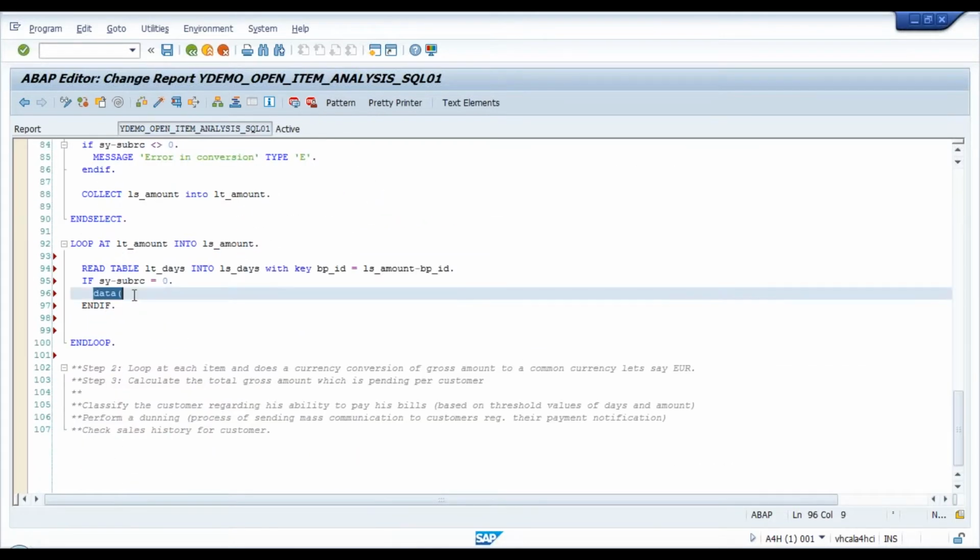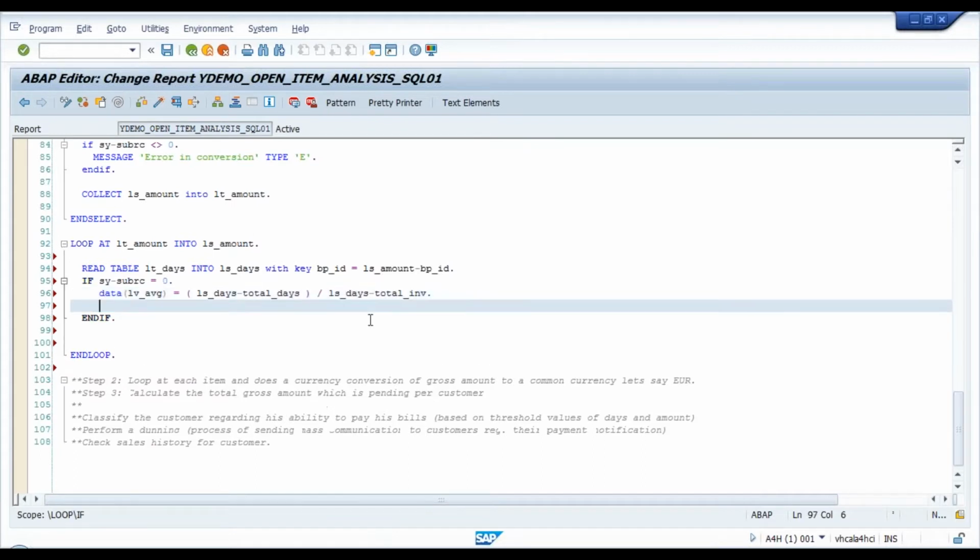I just come here and calculate this average. This is 0.1, and after calculating the average I already have the gross amount. So now I will just decide whether the customer is relevant for tagging or not. So I create a new variable called tagging,